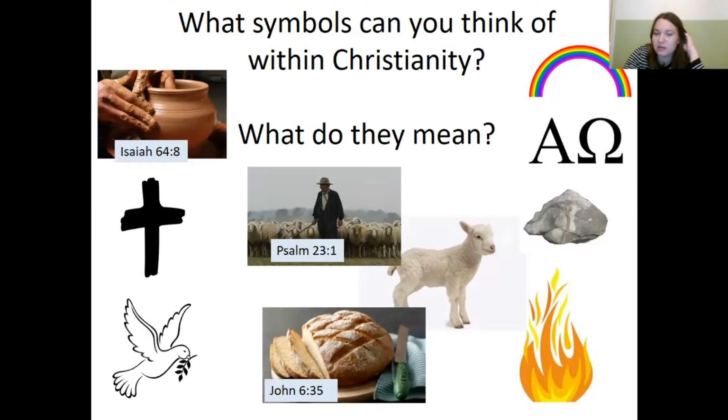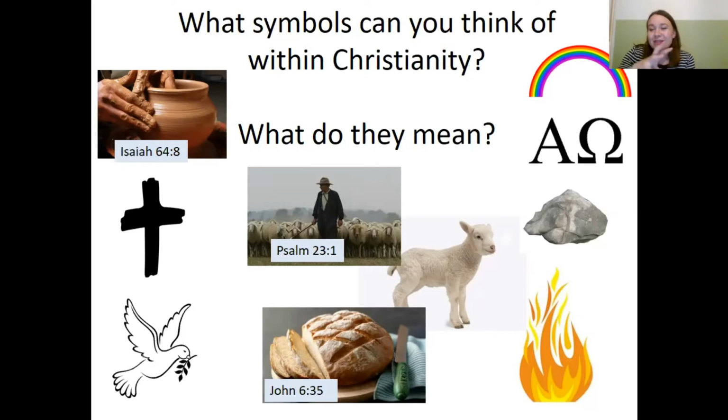So the cross, for example, is universally the symbol of Christianity because of the belief of Jesus' death on the cross and his resurrection. Things like a rainbow, I look at a rainbow and think of pride, and probably lots of people do now. But for Christians, they see a rainbow and they think about the story of Noah's Ark, and God putting a rainbow in the sky at the end to promise to never bring a destruction like that again. And in current times, since coronavirus, the rainbow has been a way to say thank you to the NHS.